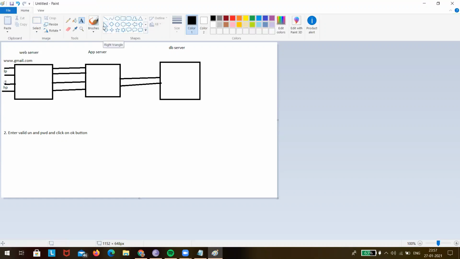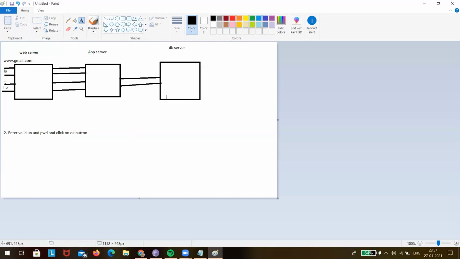So now my question to you is, when I enter www.gmail.com, it did not go to the database server. But when I'm entering username, password and all, then it is going to the database server. Why is this happening? Because we are giving the data in the database server in the form of tables.